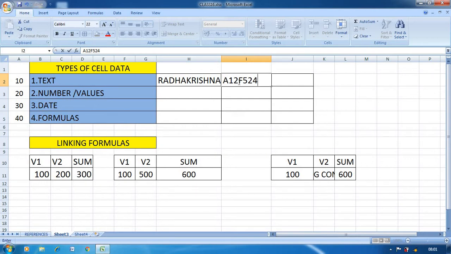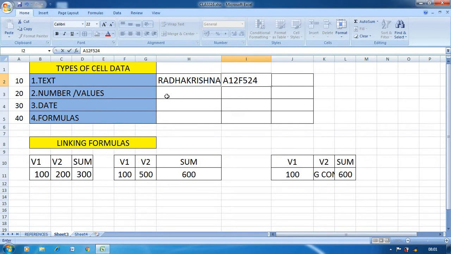Then if you take numbers or values, I think all of you know, values or numbers are any numeric entry. Values can contain spaces, dashes, slashes, etc. Values do not allow decimal spaces and are right aligned by default.